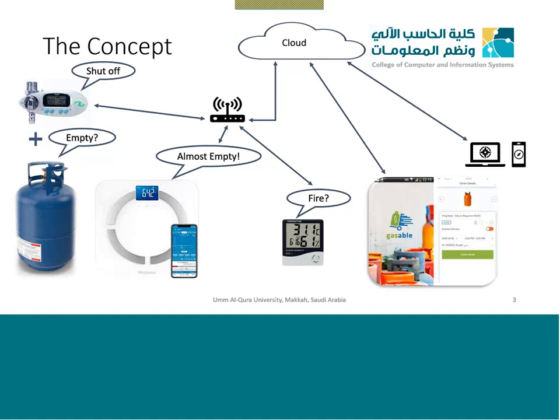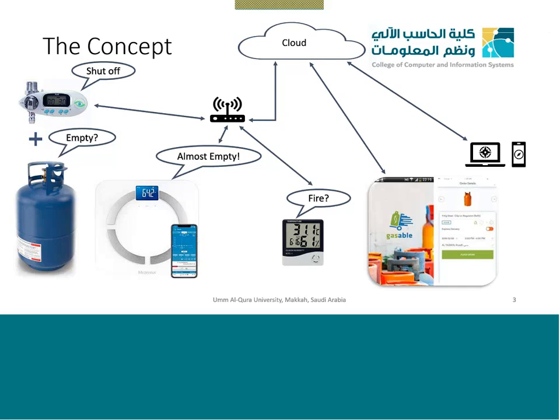So this is a complete scenario of an Internet of Things. You are detecting the data, you are measuring the value, how much gas is left or whatever, and sending it to the cloud. And from the cloud, the data is automatically reaching the companies. They can arrange their supplies and all these things based on that. And also, if there is a fire, the temperature sensor can automatically connect with the shut-off switch and ask it to close or turn on.